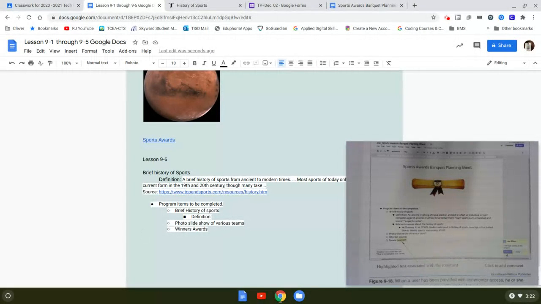Please remember, EduTyping was due yesterday. You're losing points for late work, so if you're not through with that, make sure you get that completed. You're losing 10 points a day. Same with any of your other late work that you may have or missing assignments. Let's get it together. I have to turn in grades on Friday, and so I have to have time to get all that put in. I encourage you to get that done right away. Please also remember to respect yourself, your friends, and your